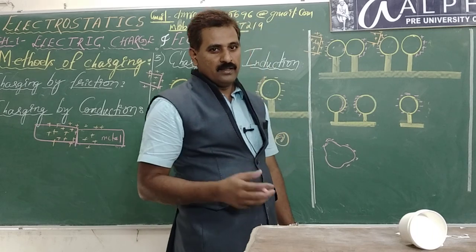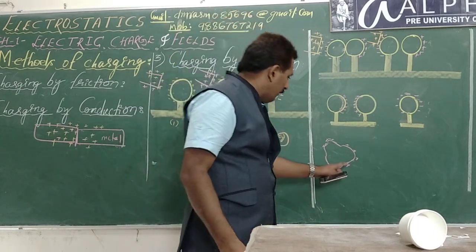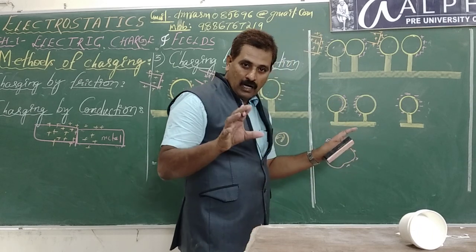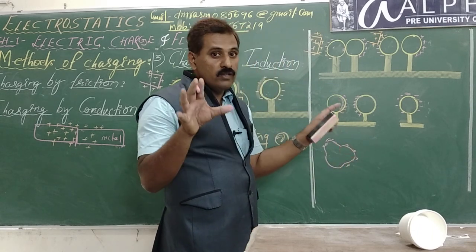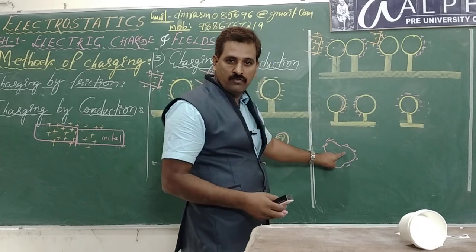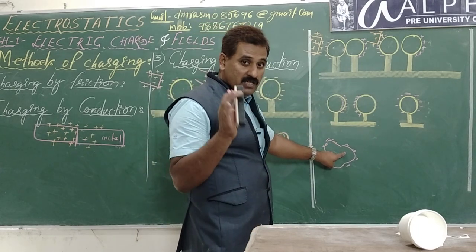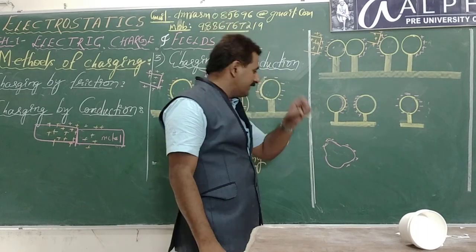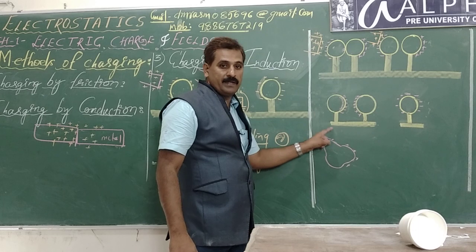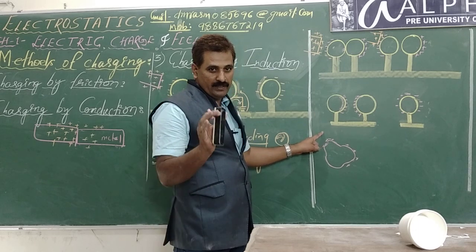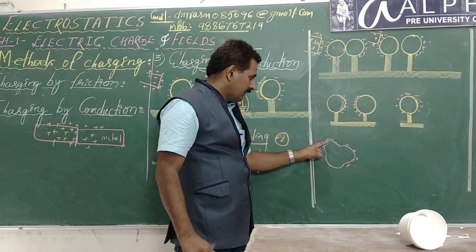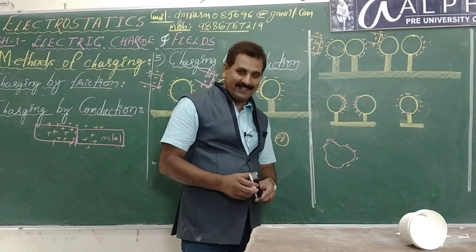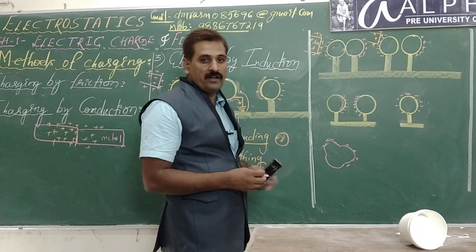I mean, if the curvature is non-uniform like this, the charges are distributed non-uniformly. Here uniformly, here non-uniformly. Where will the charge density be maximum? Charge density is maximum at sharp edges. Density means how many charges per unit area. Right? Here sharp edges have more charges and blunt edges less charges. It has a very important advantage.